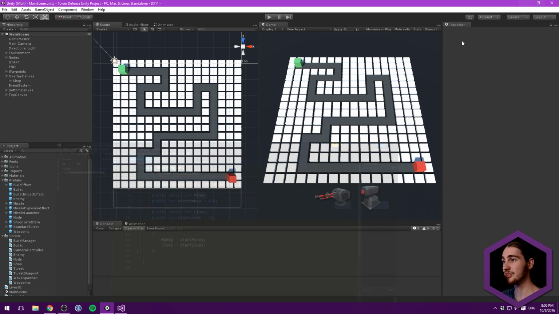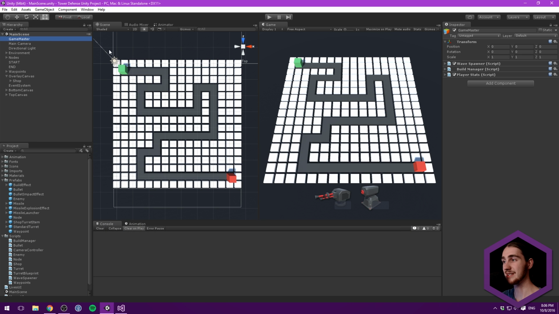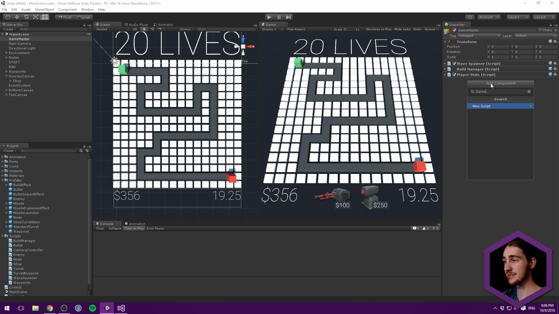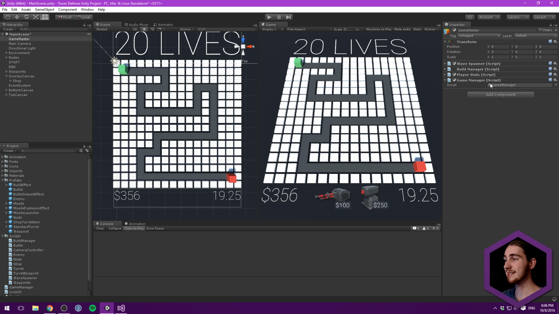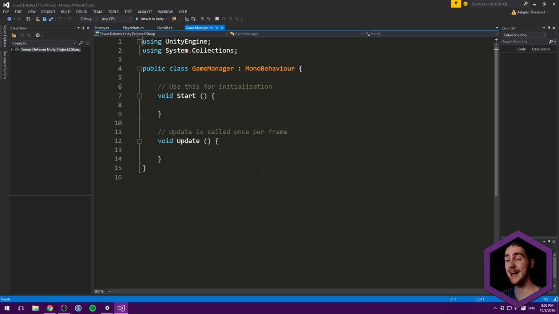So let's just go ahead and create a new component here on the game master, and let's call this one our game manager. And this will be kind of essential for whenever we need to end a game, restart a game, maybe pause a game at a later point, we'll see. So what we'll do in here is we'll have an update method, which we have here,